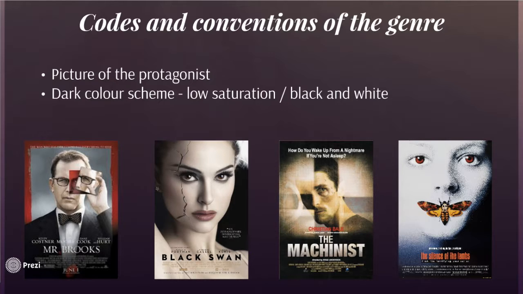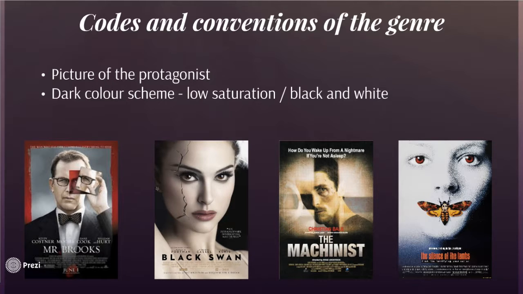Also, for the Mr. Brooks poster, he is holding a part of the image and removing some of it from his face. And underneath you can see his face, but in red light, which suggests there's some kind of anger behind this nice guy facade that's bubbling up inside of him. This suggests that there's something darker going on behind these characters and suggests their instability and their mental fragility.